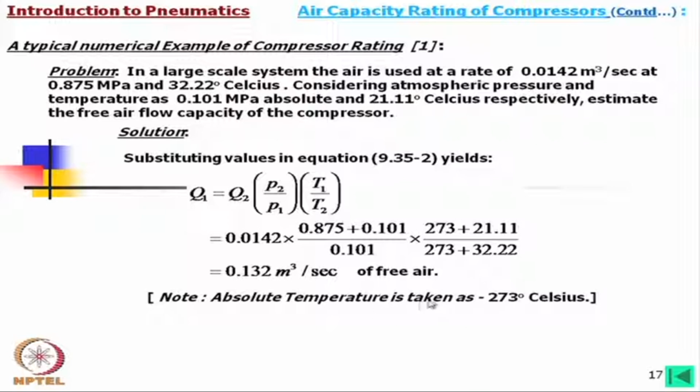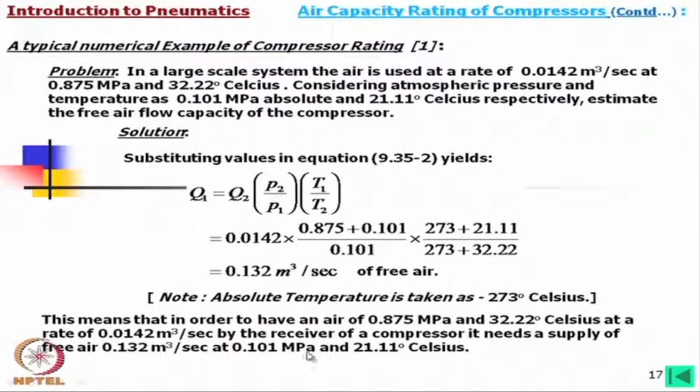So, note absolute temperature is taken as 273 plus degrees Celsius, and this means that in order to have air at 0.875 megapascals and 32.22 degrees Celsius at a rate of 0.0142 meter cube per second from the reservoir of a compressor, it needs a supply of 0.132 meter cube per second at 0.101 megapascal and